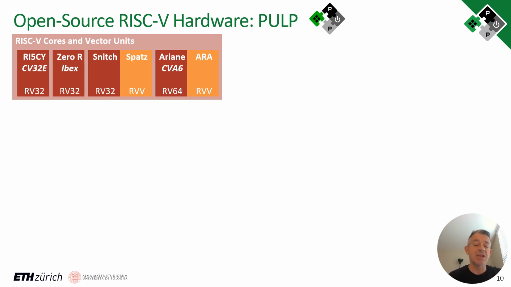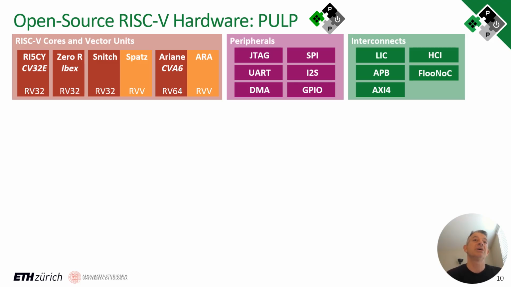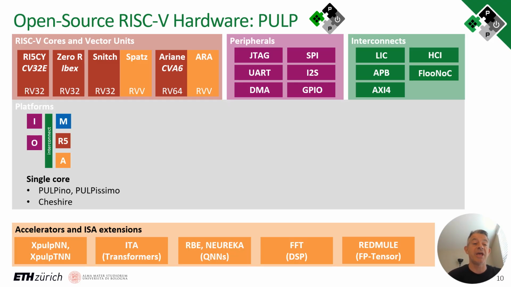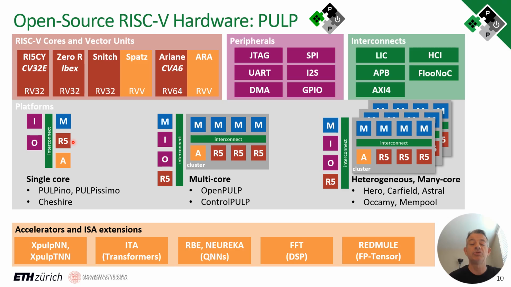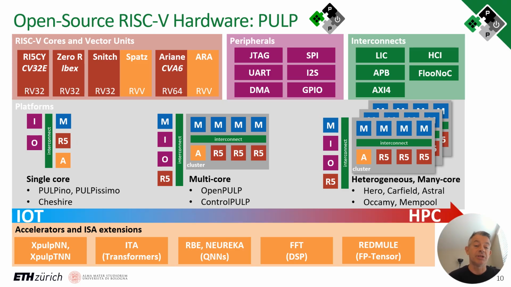And here you see many cores that we have developed over the years that have these specialization capabilities, coupled with interconnects, networks on chip, as well as acceleration engines, combined into platforms that range from tiny microcontrollers up to high performance accelerators, from the IoT to the HPC, all based on open source software